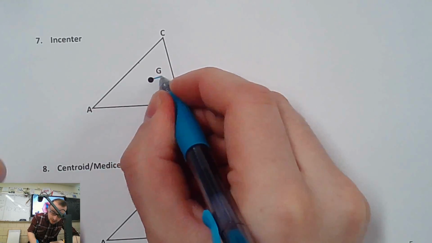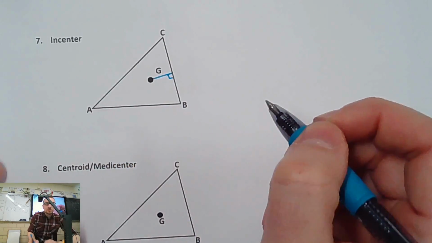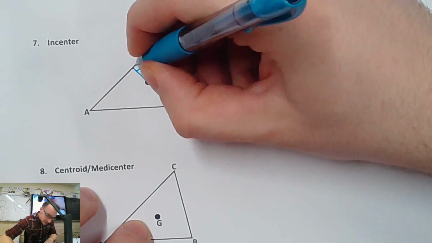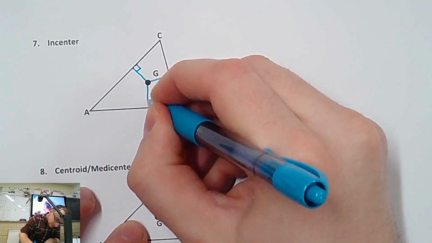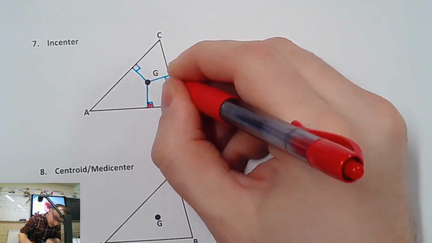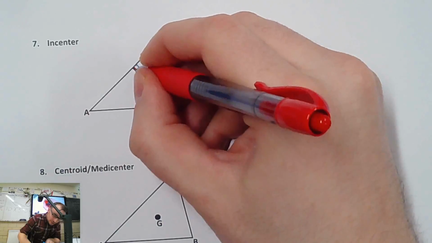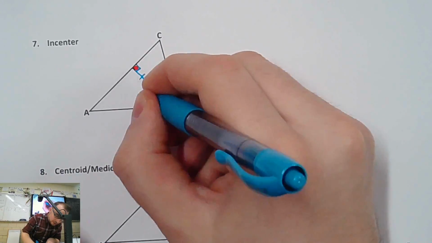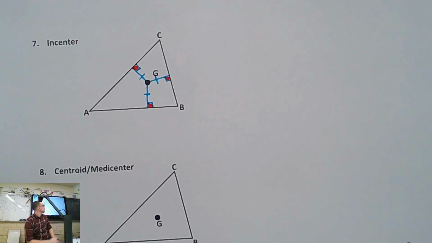So I'm going to draw from here to here, 90. Remember, because we measure things at 90 degrees. From here to here looks like 90. And then this one's pretty easy to figure out. From here to here is 90. Again, we're trying to measure consistently, so we always measure to 90 degrees. And these will all be radii, so they're all congruent. So those are my radii, right? Remember, the incenter is always the same distance from every side.